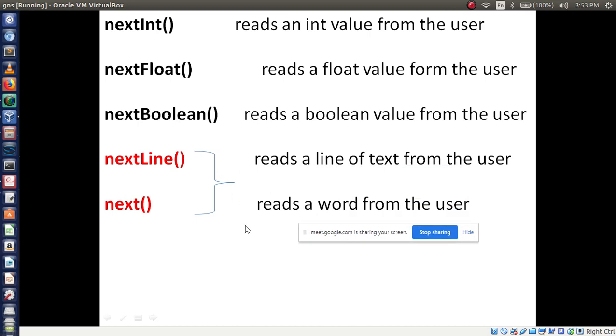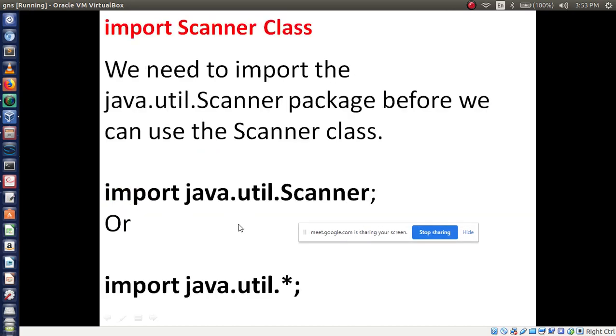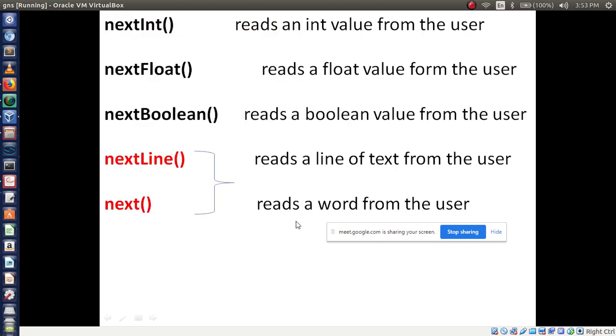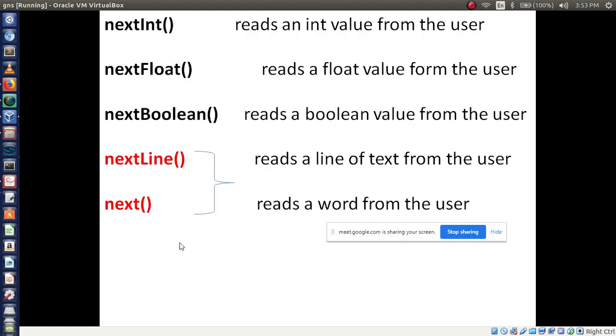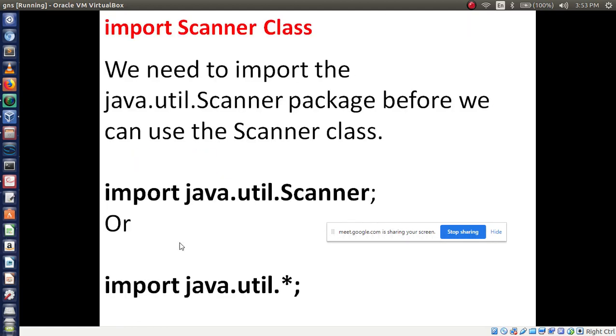Now, one more point we have to remember. To use this Scanner class, we are writing this Scanner, right? In our program we will get an error. To avoid this error, we have to use one package. That package name is java.util package.